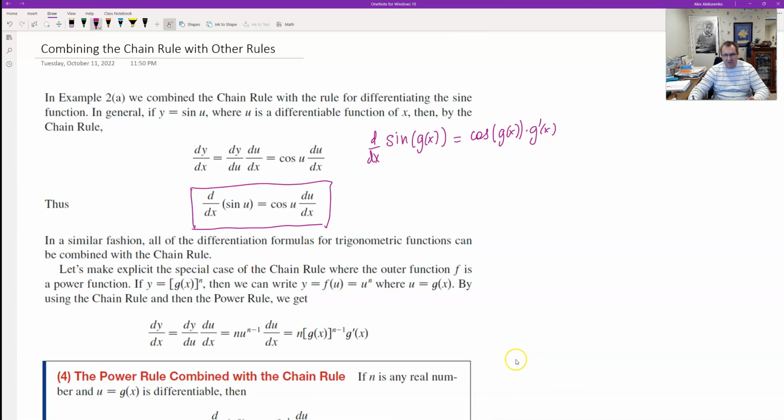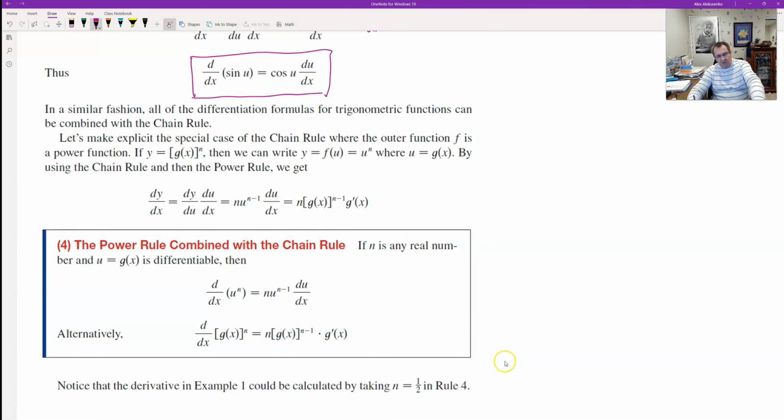However, sine is not the most frequently used one. What is frequently used is the power rule. Power rule combined with the chain rule. So here is the power rule over here. And if we have a